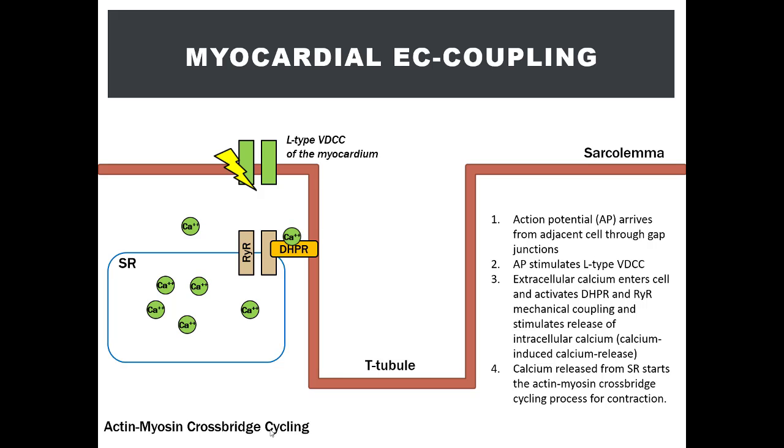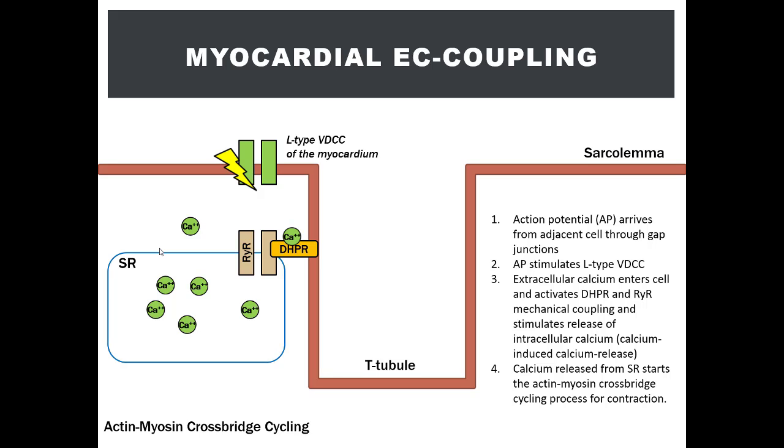And please take note, this entire process right here occurs in the same way for the ventricular contractions. So ventricular myocardial cells receive the action potential, causing opening of the L-type VDCCs, which leads to calcium-induced calcium release, ending with cross-bridge cycling and contraction of the ventricle. So again, to reiterate, this mechanism shown here is relevant for both atrial and ventricular contractions.